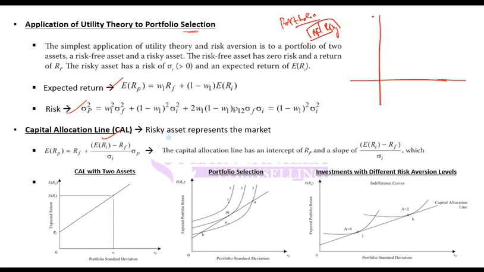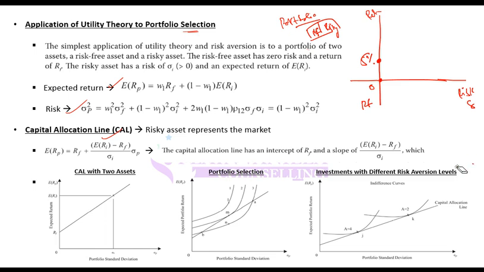So if I take this portfolio and plot return against risk, when I say risk, I mean standard deviation. So I plot return against risk. If my standard deviation is 0, that would mean a risk-free asset. So for example, I tell you that the risk-free rate is 5%. So that means when standard deviation is 0, return will be 5%. Now I can take another point. For example, if this portfolio has a 10% standard deviation, then its return...